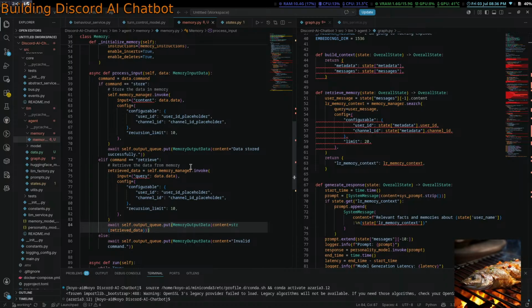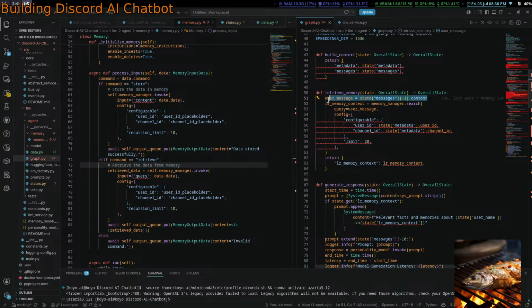State messages -1 .content. Okay, I think here we should pass in the entire state, but I also want to keep it internal to the LLM, right?